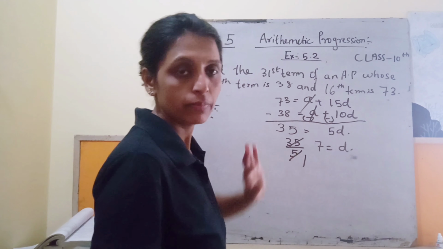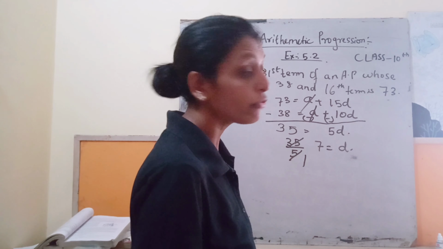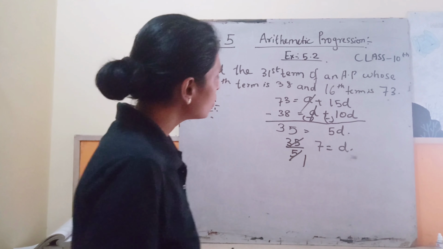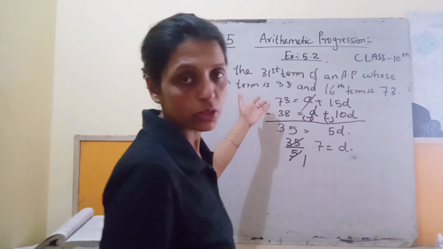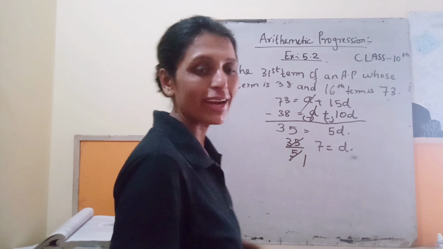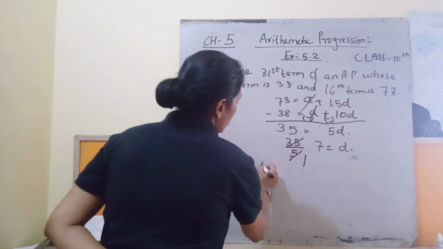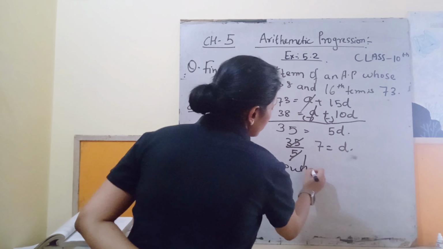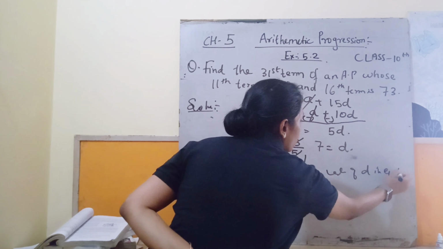So we got one unknown quantity here. Now we have to find the value of a. We can put the value of d either in equation number 2 or 1 in order to find the value of a. So on putting the value of d in equation 1, it will be